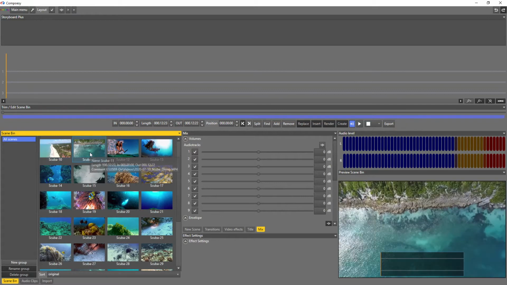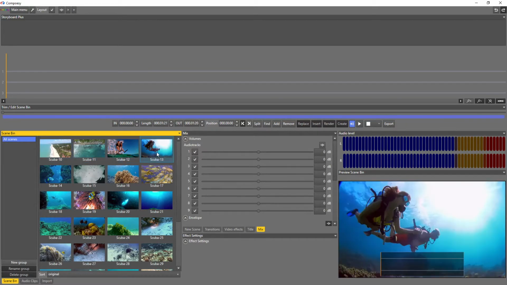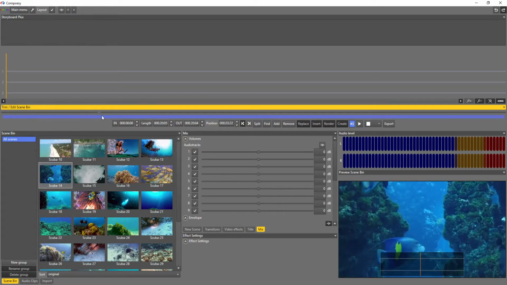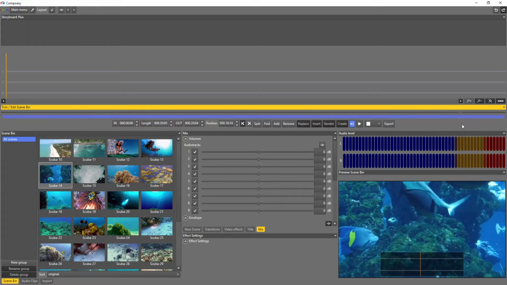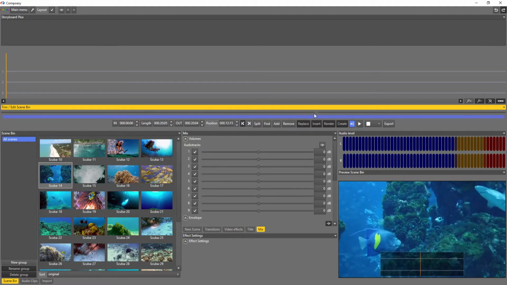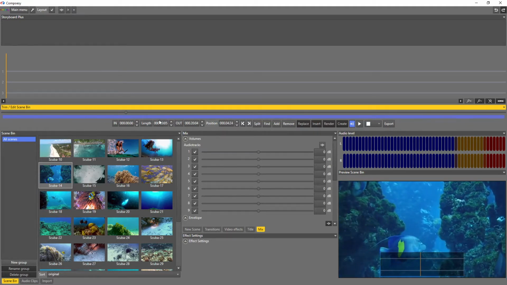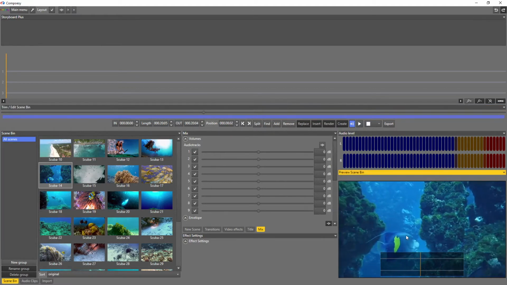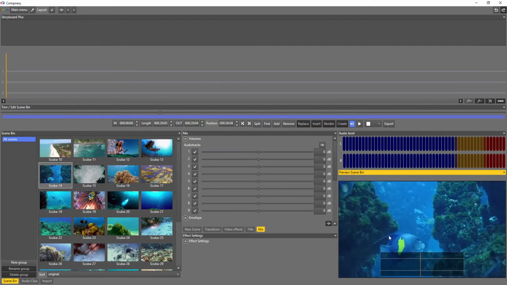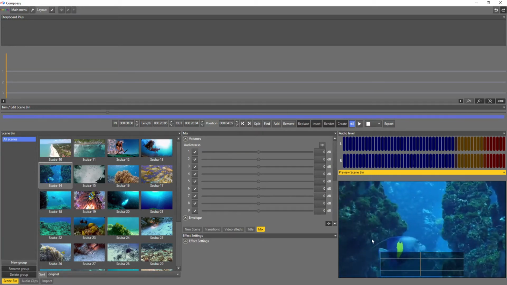Clicking on any scene will show its picture in the big preview window. Once a scene is selected, we can trim this scene and navigate with the Trim Edit slider in the scene. It's also possible to click into the preview, hold the mouse button pressed, and scroll left to right to move within the scene.